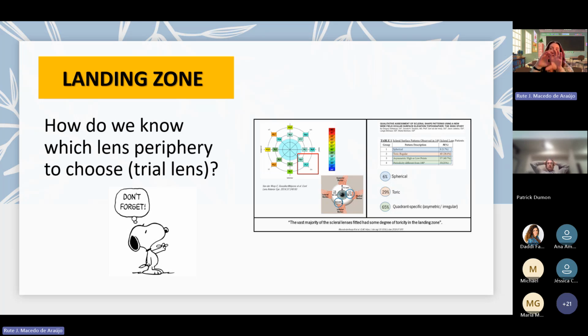Okay, so if you put a spherical lens on the toric sclera, you will see some blanching in one meridian. But if it is an irregular or a quadrant specific type of sclera, you will see blanching in only one zone, etc. So putting a spherical lens first is not bad. The only thing that is bad is that probably you will need another trial lens after that, because a spherical lens will not be the perfect one for that patient, but it can help you understand the scleral geometry of